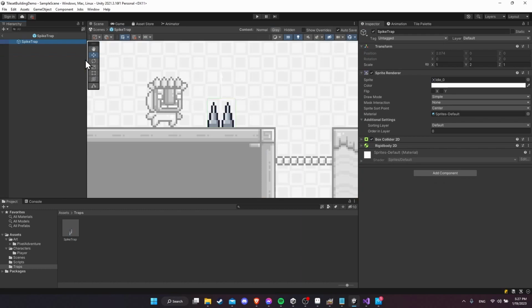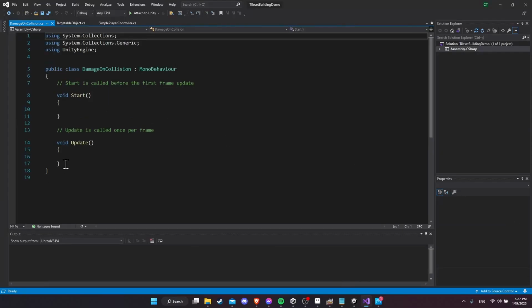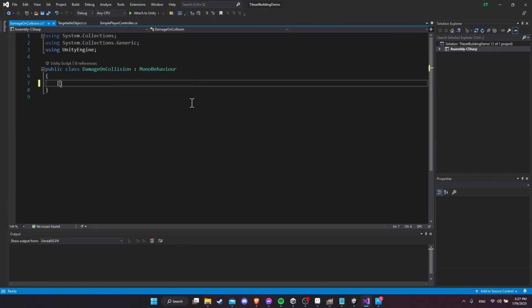Okay. So let's add our new script for the spike trap. I'm going to add a component. I'll call it damage on collision. New script, create and add. Let's edit the script. And we're going to need up here at the top a field for how much damage we want the player to take whenever it collides with the spikes. So I'm going to do an attribute field: